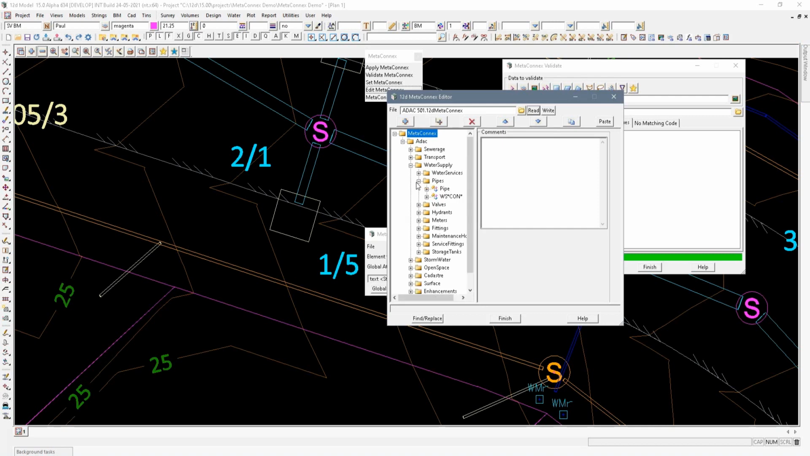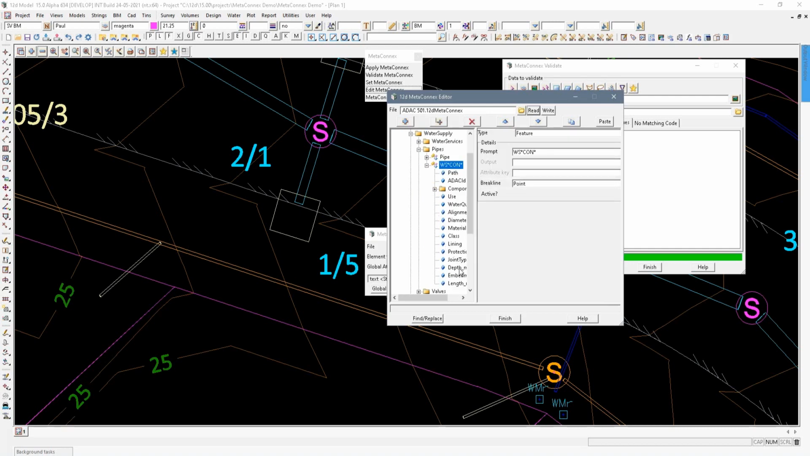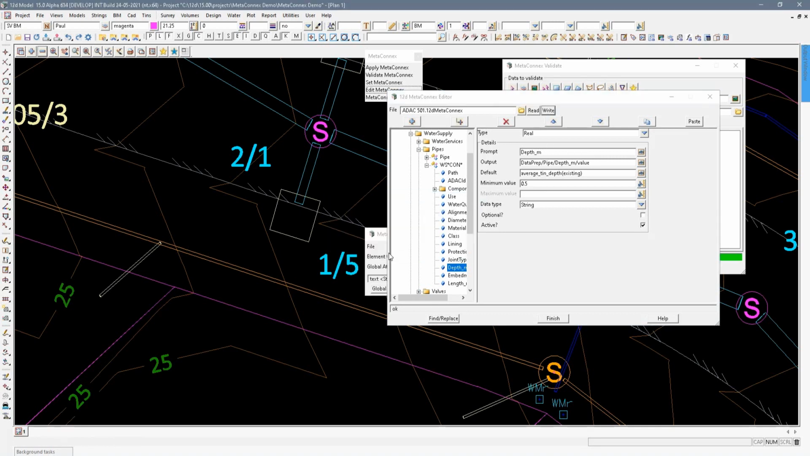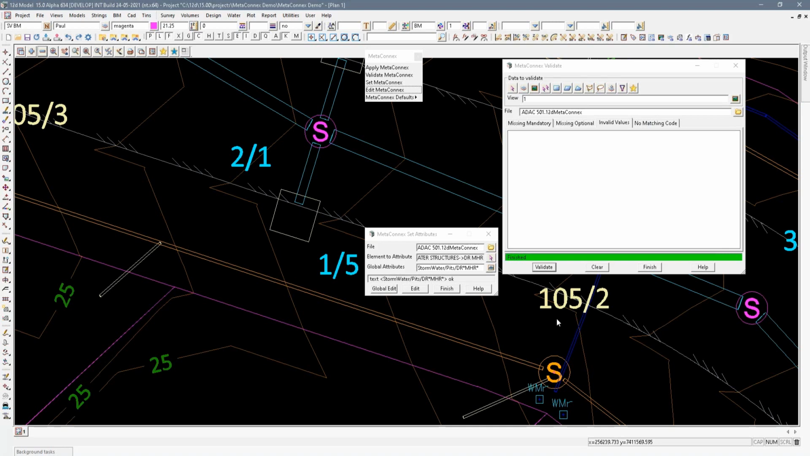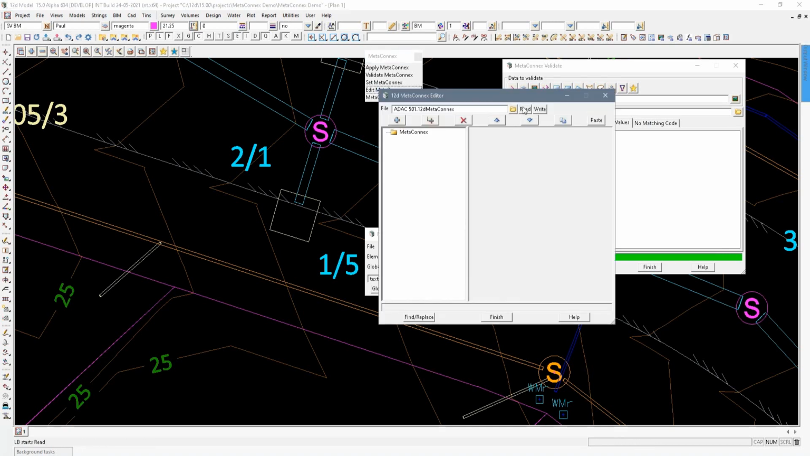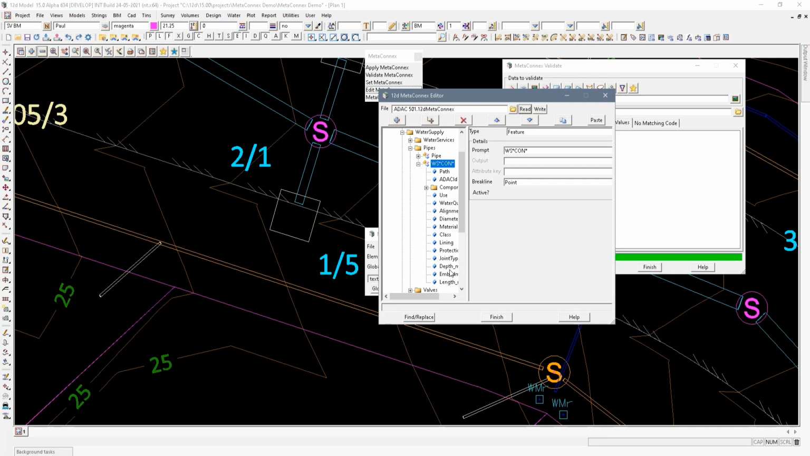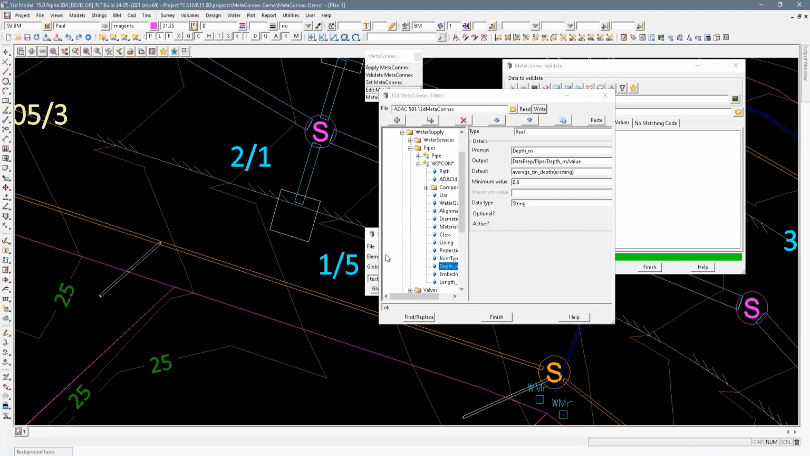So if I go edit MetaConnex, read that, and I'll go down to the connections. Water supply pipes, and in the depth, this is a good one. See, average depth from tin, and the tin name is existing. So let's just say the minimum value is, now this is in real, so let's say 0.5, right, replace. Actually, let's just make it 0.6. Read water supply pipes depth, make it 0.6. Right, replace,